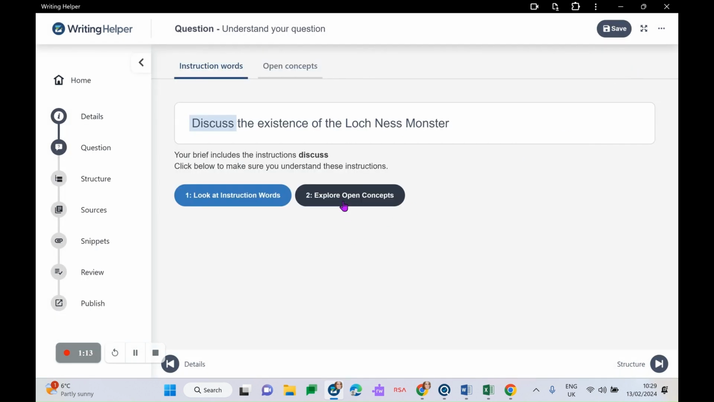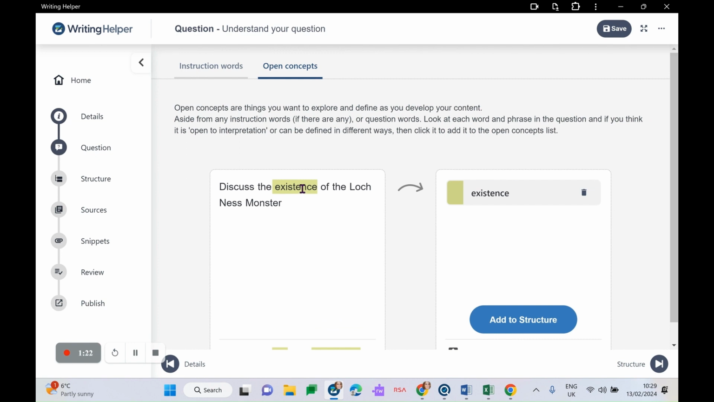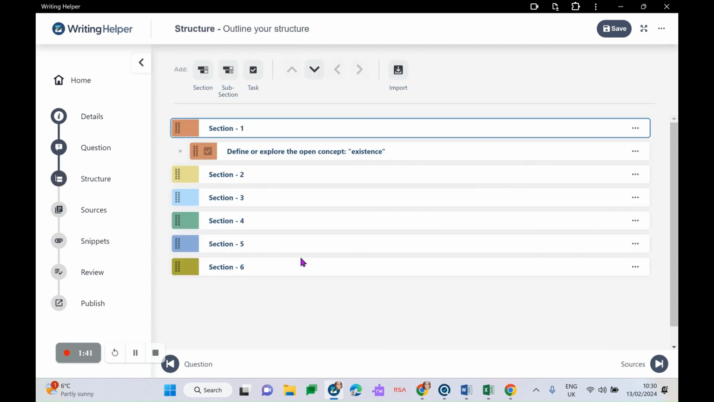Once we understand our instruction word, we can explore open concepts throughout this question. So open concepts being anything that might be open to interpretation or anything that I want to discuss further throughout my writing. So existence, perhaps. I can add that to my structure, or I can export it to a visual map if I so wish. So if I have Claro Ideas, MindView, Inspiration, I can export that to a mind map. But for now, I'm just going to add that to my structure, and it will bring me to my third